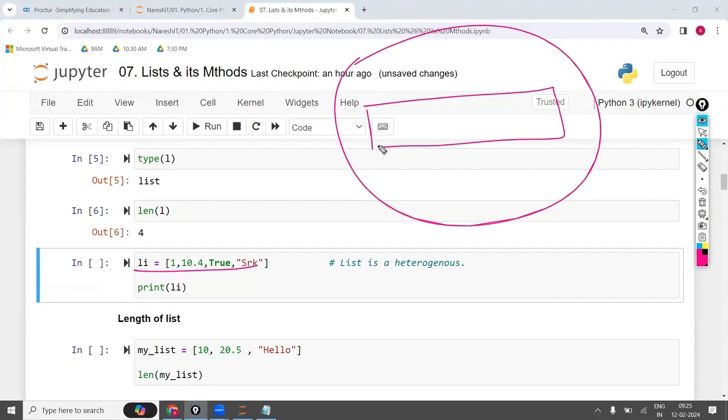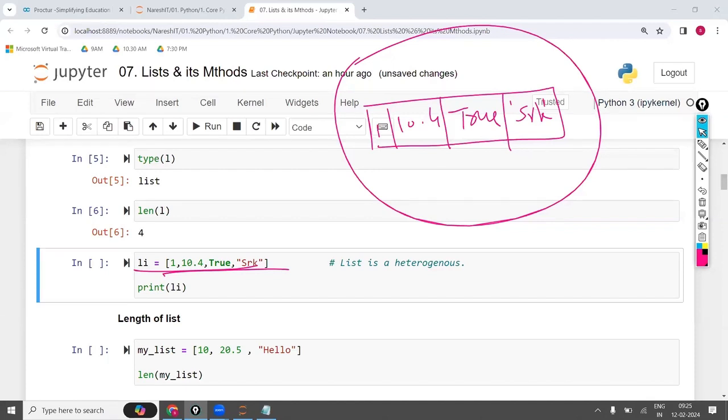Inside the object, first it will take 10.4, true, and SRK, and it will store them in the same order that you have written. The order is important. It will store in the same order; that point is important.